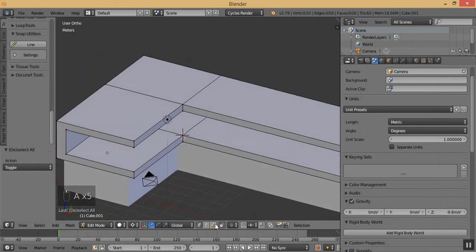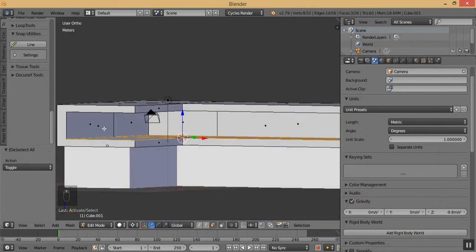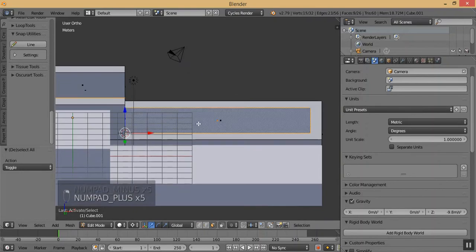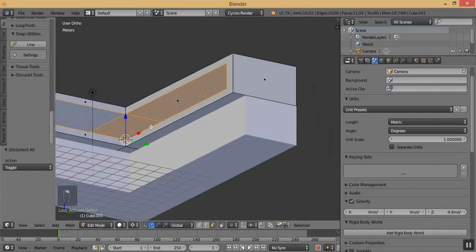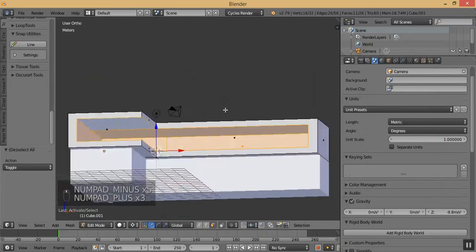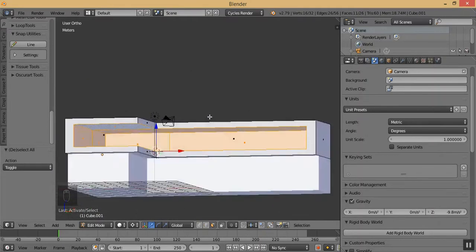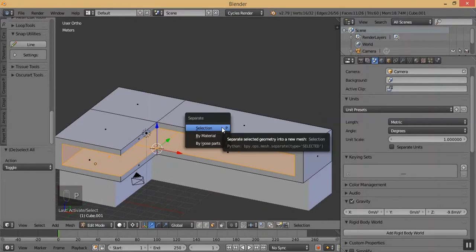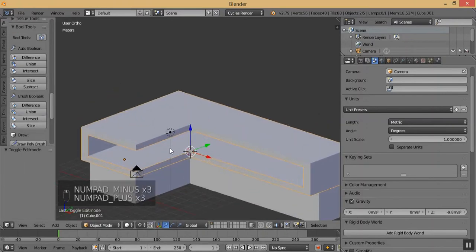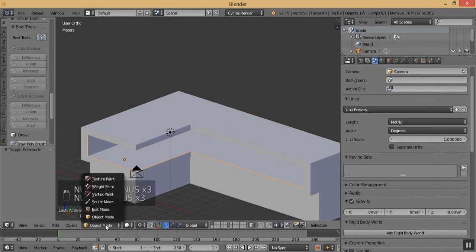And now click on this, select this, and this one, this and this, and this one too, by holding the shift key, and then make sure you have selected it correctly. Then press P and then click on selection and then come to object mode. Now select this, come to edit mode,